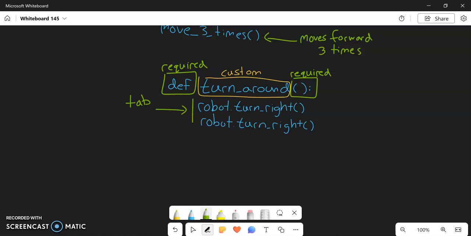Simpler way to write what? Wait, so the first time, def turn underscore around, is the same as robot turn right after we hit the tab. Wait, turn around, like 180 something. So if I turn right, turn left, and turn left again, I've changed directions, right? Yeah. That's 4 turn rights. So if you turn around completely, right, you turn